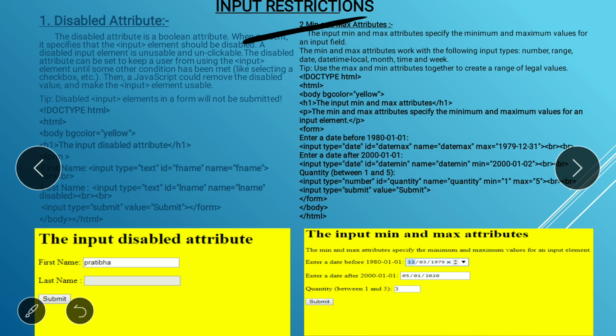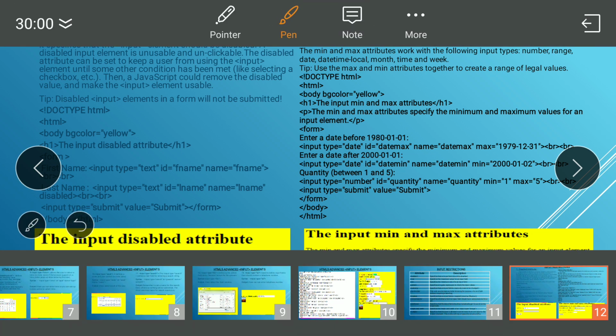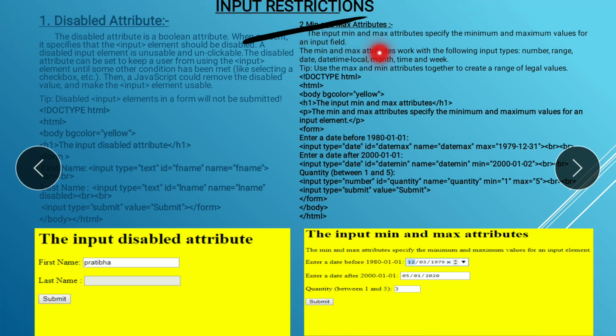The min and max attributes work with the following input types: number, range, date, datetime-local, month, time and week. So you can use the min and max attributes with number and range, which we already used. Also you can use them in date, datetime-local, month, time and week.